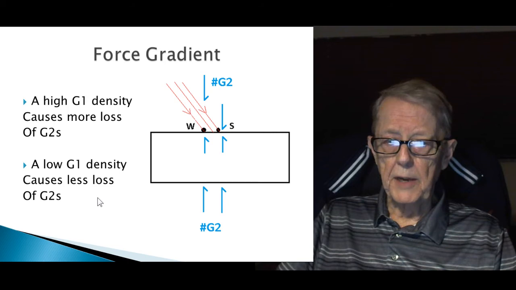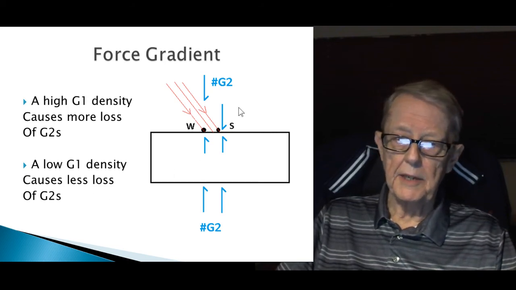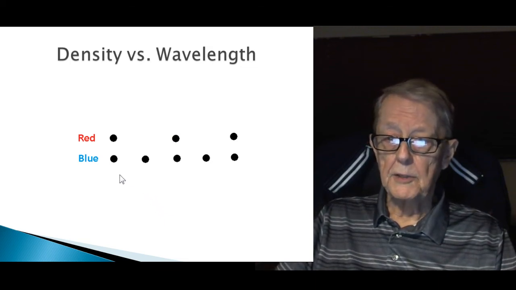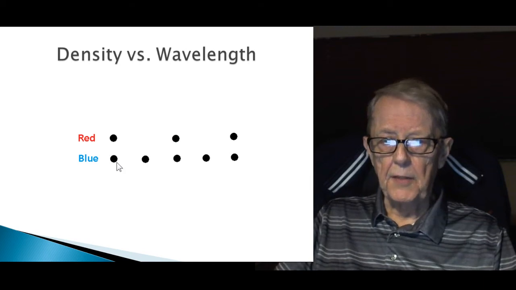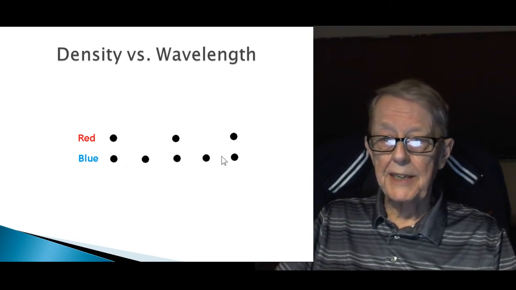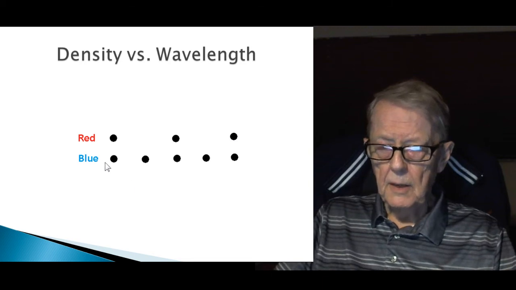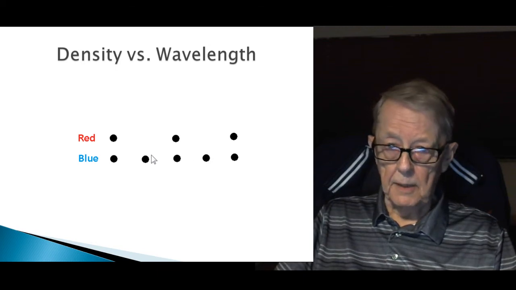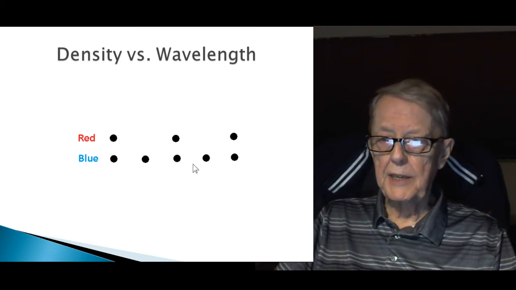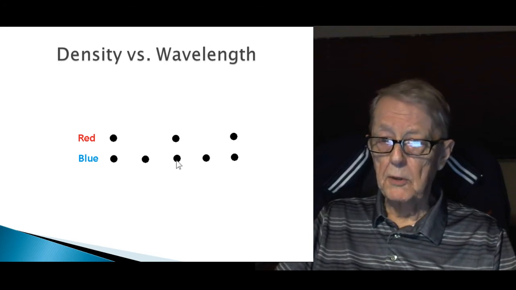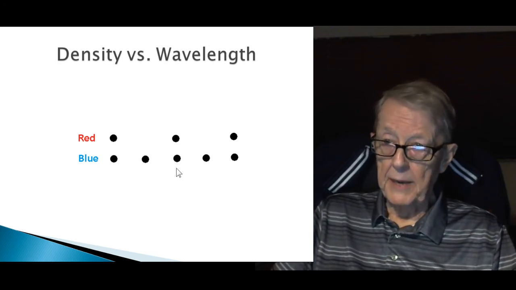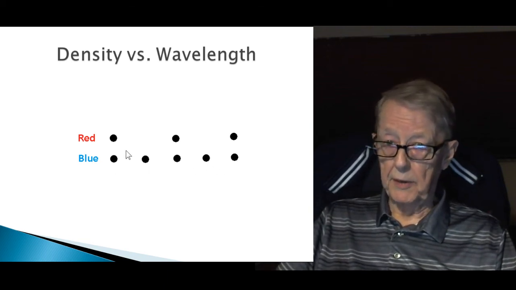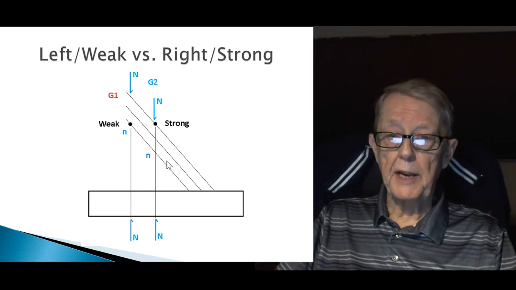Okay, so a low density causes less loss of G2s, and a high density causes more loss. But I'm talking about density because I'm going to use the idea that blue has a linear density that is higher than red. There are more particles per millimeter, if you will, in blue than there are in red. So the linear density is greater. Hence, a band of blue light in general is going to have more G1 particles flowing through it than red does. So now I'm going to use that